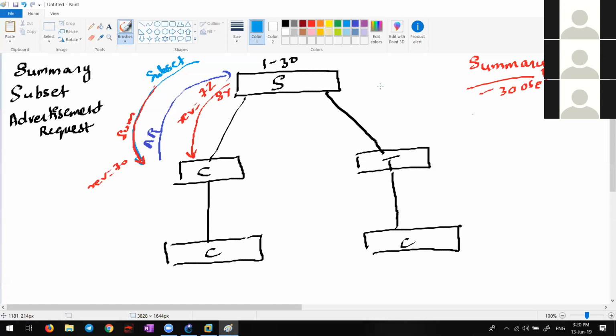Then one more piece of information: VLAN-specific or VLAN-related information, like VLAN name, VLAN MTU, etc.